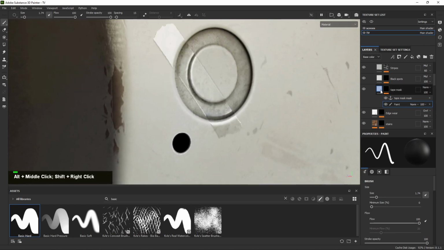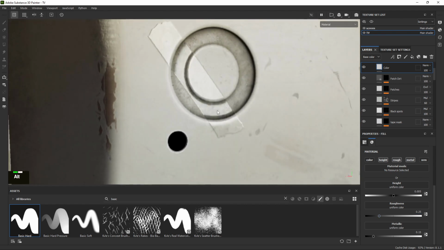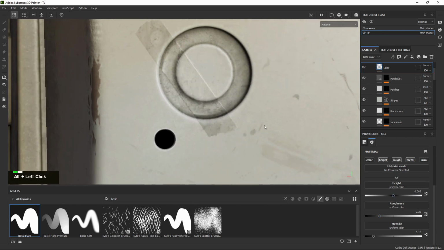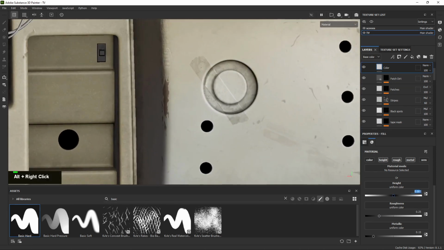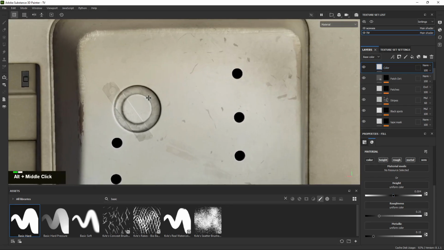Maybe this is too glossy. Maybe we can do 0.25. Yes. Yeah, I like this better. Maybe the height could go 0.003. Yeah, that's better. Maybe 0.004. Alright. So now,